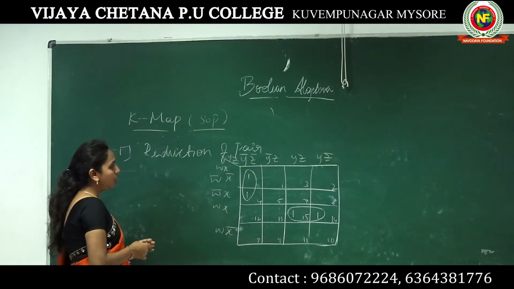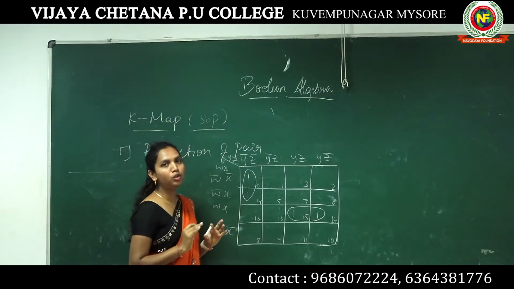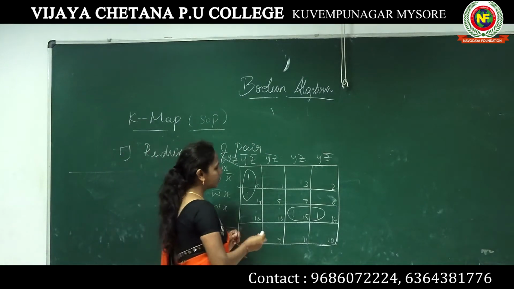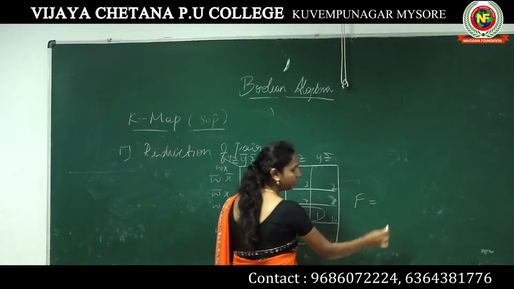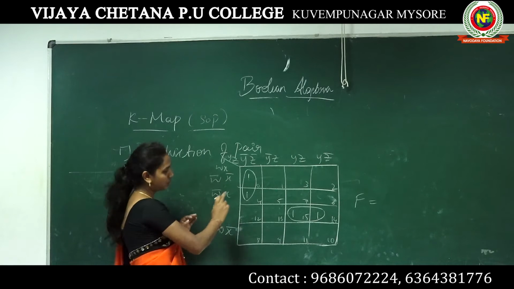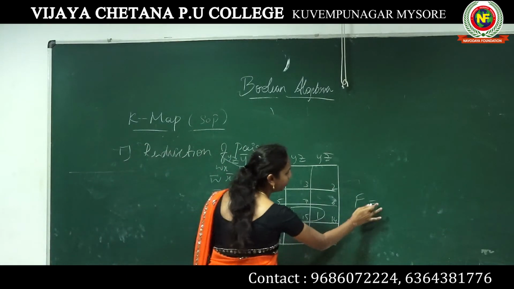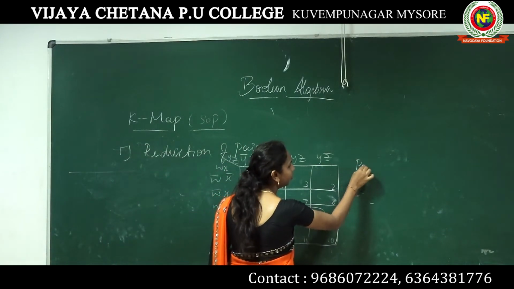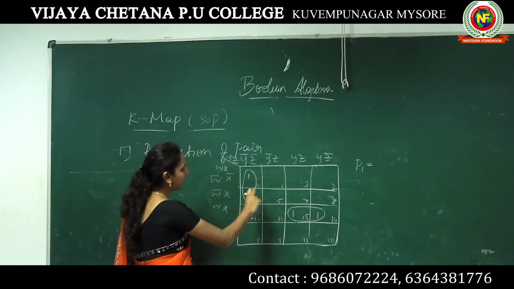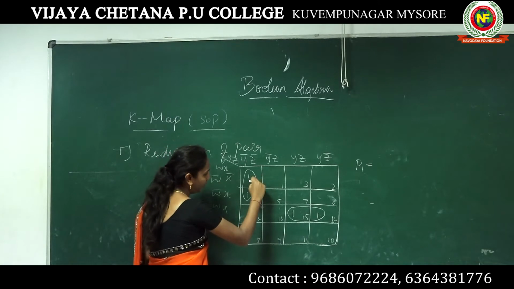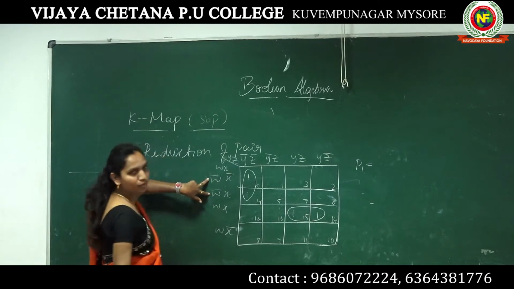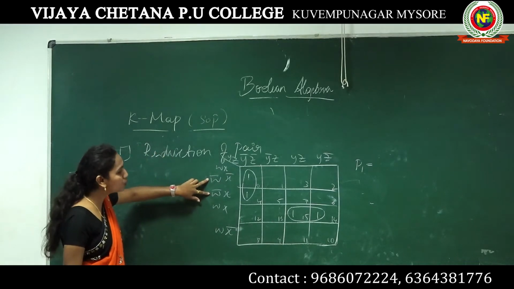Okay. Now after this we need to solve, which means we need to write the expression. So how to write the expression? I am just taking f is equal to, okay. So consider the first pair. That's why I'm taking P1. The output of P1. See here, P1 output, here is the pair. So first we have to consider these two values.